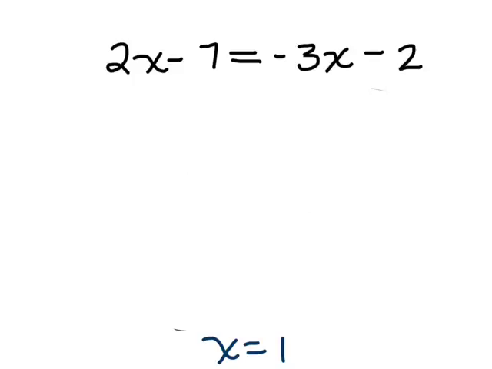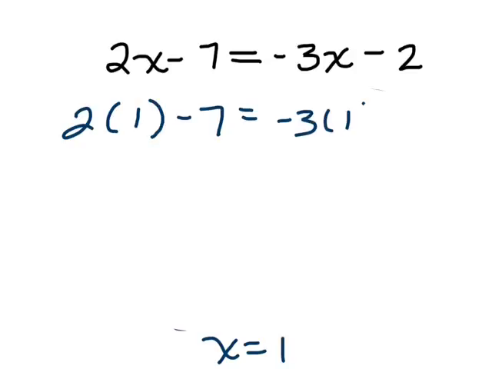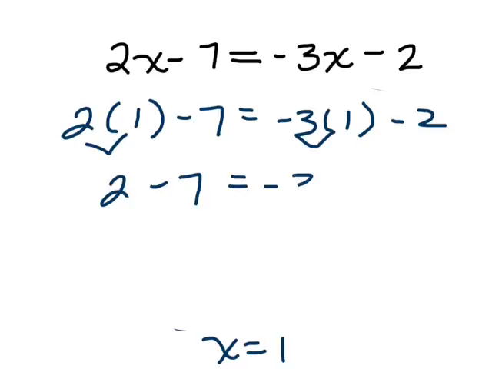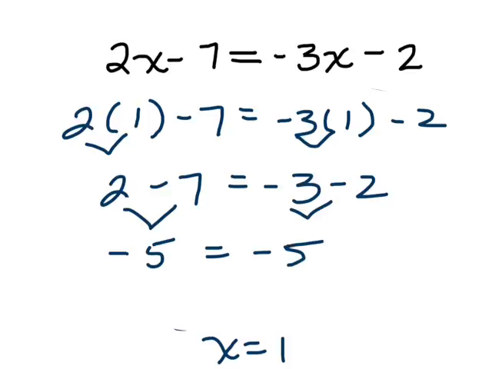I'm going to substitute that 1 into my equation. And 2 times 1 minus 7 equals -3 times 1 minus 2. 2 times 1 is 2. And on the right, -3 times 1 is a -3. 2 minus a 7, you're taking away more than you have, so your answer is going to be negative. And -3 minus 2 is just going deeper into the negatives, so you get -5 on both sides, which shows